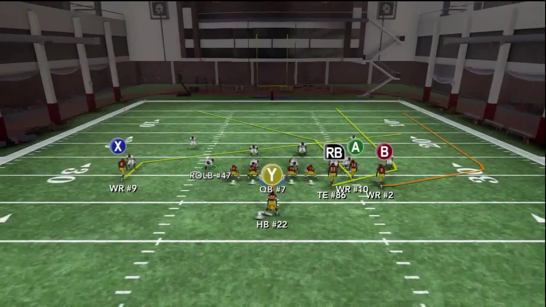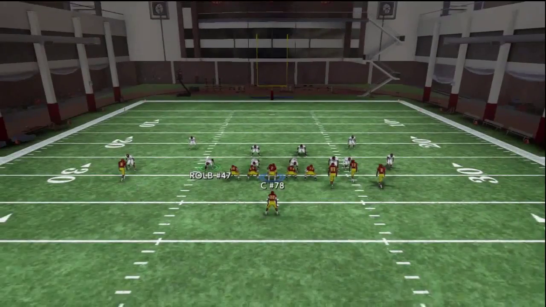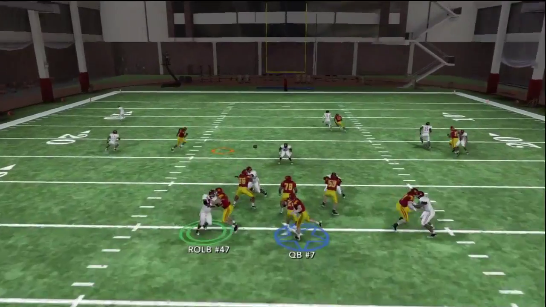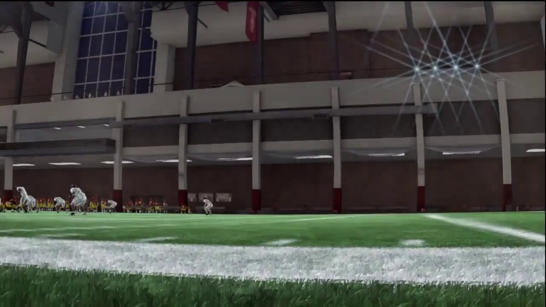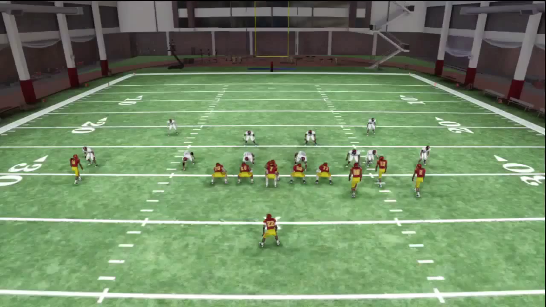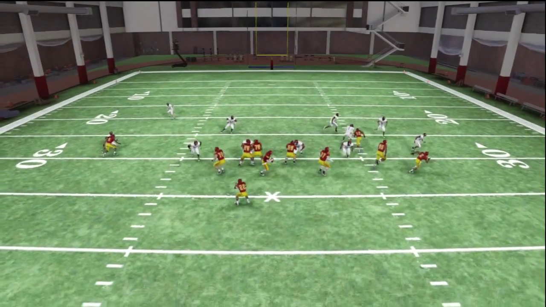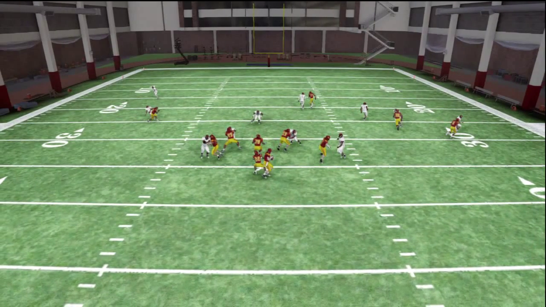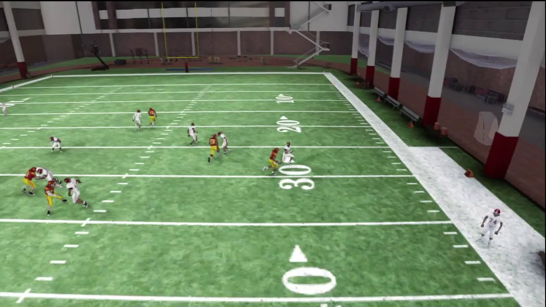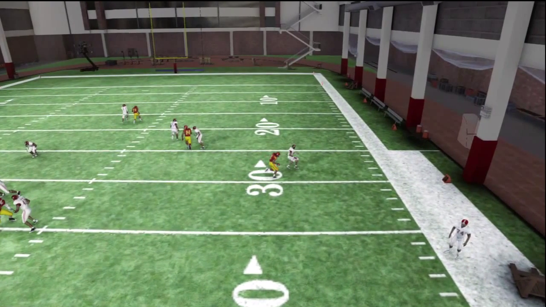Versus man coverage, whether it's NCAA 09, 10, 11, 12, whatever, slants will always beat man coverage. So if you think it's zone, run the drag. If you think it's man, run the slant. And they're going to be focusing so much on the right side of the field and trying to make adjustments over there that there's a pretty good chance that our slant or drag on the left is going to be